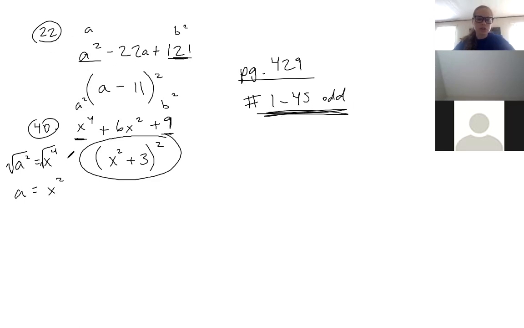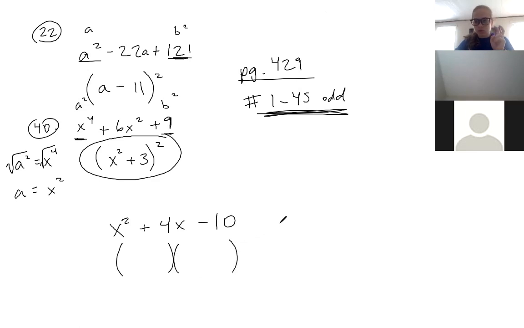Just like we did on number 22 and 40, first thing you say is, can I factor anything common out of them? Second thing is, is this a perfect square trinomial, or is this the difference of two perfect squares? Always look to see if you can do your little shortcut. And then if you can't, if you have something where this is a perfect square, but that's not a perfect square, then that's when you go back to